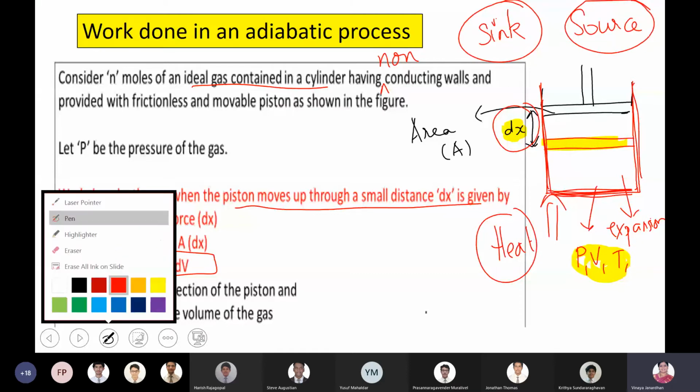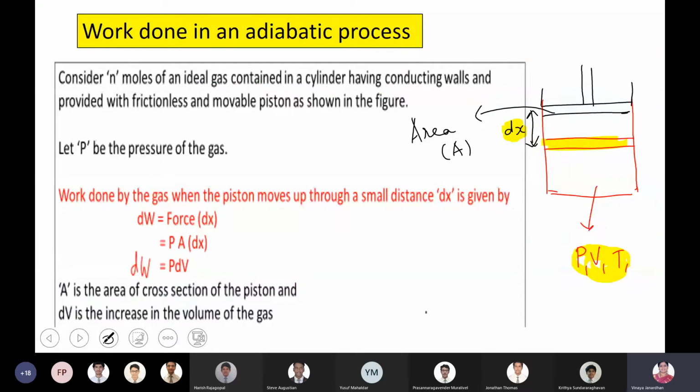Since we have not started anything regarding this, it will take more than 3 periods to explain what is a sink, what is a source, all those processes. It's going to be out of syllabus. So for right now, you consider the walls are non-conducting, the base is conducting. Only that much is enough right now for you. So, work done by the working substance when the piston moves up to a distance